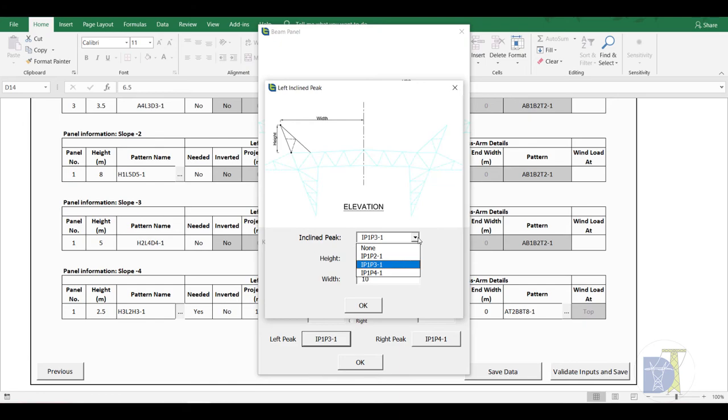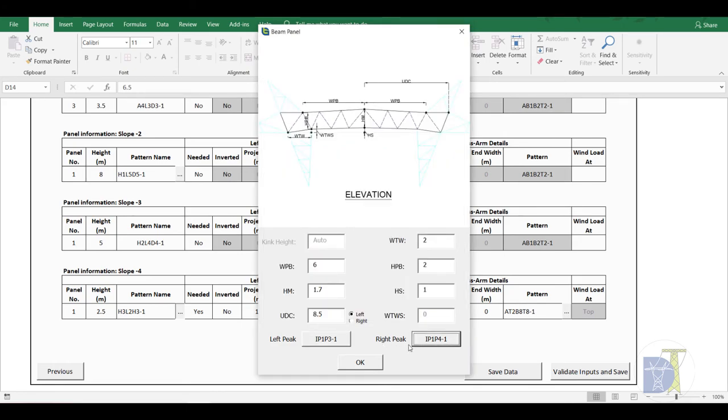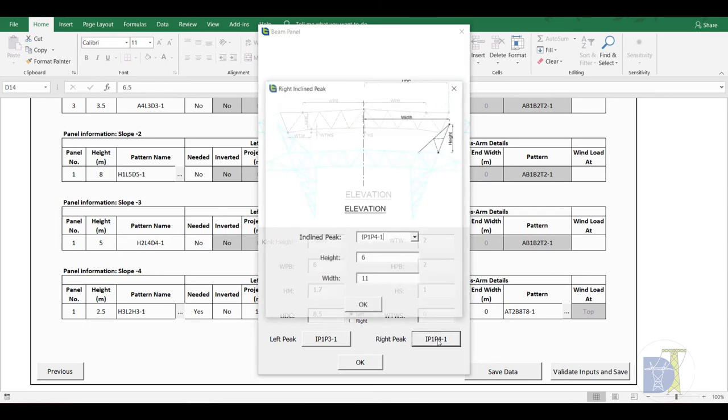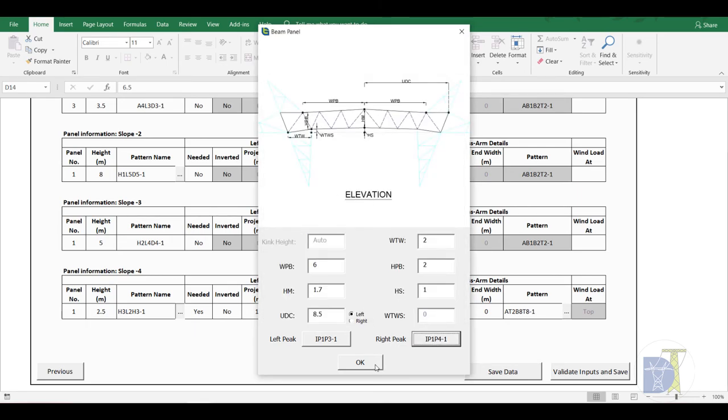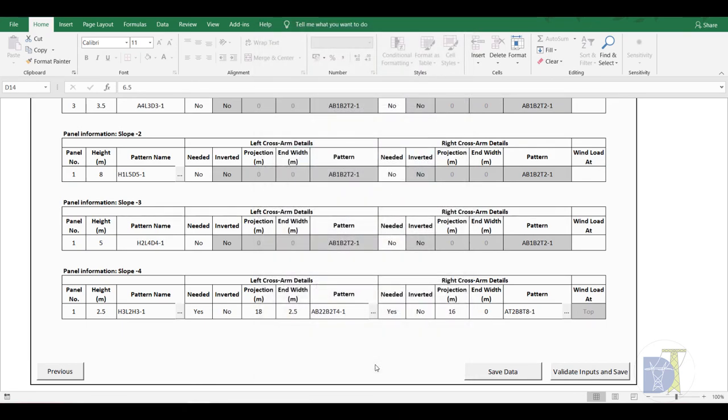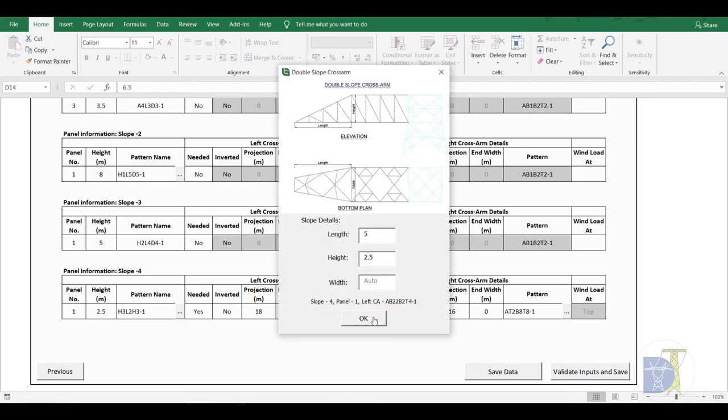Here the user can select the inclined peak panel from this updated list of inclined peaks, and also can provide the height and width value as well. Similarly, the user can provide the required information for right peak as well. And click OK. We have also added helpful images for each and every form in the TowJam client. This makes it easier for the user to provide inputs in a much faster way.